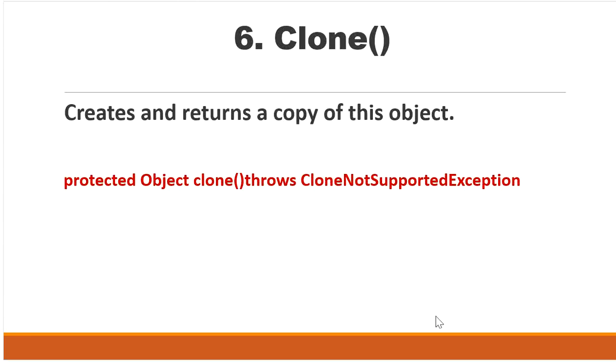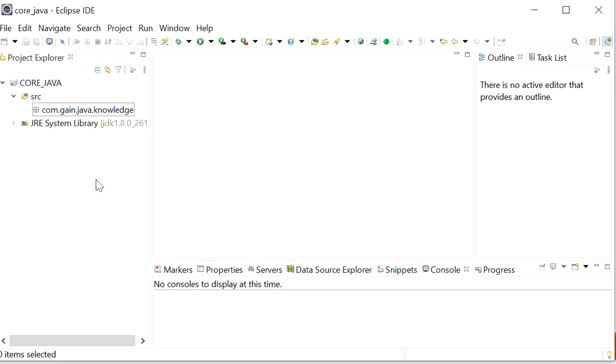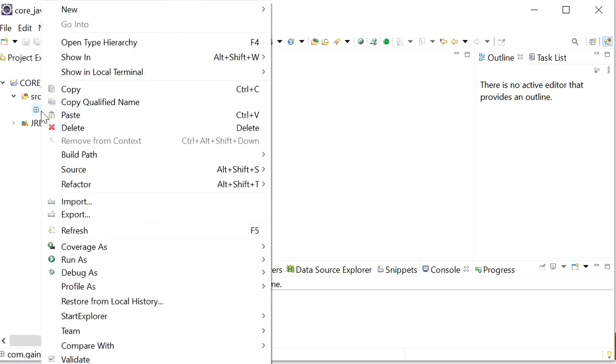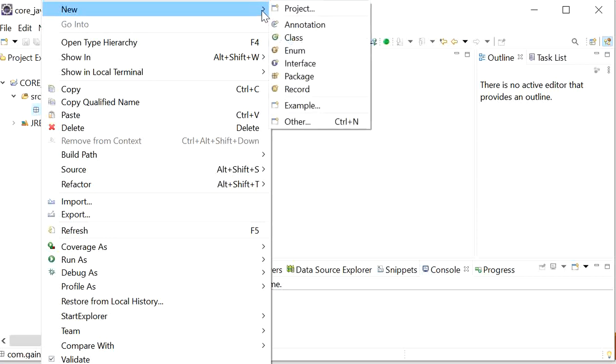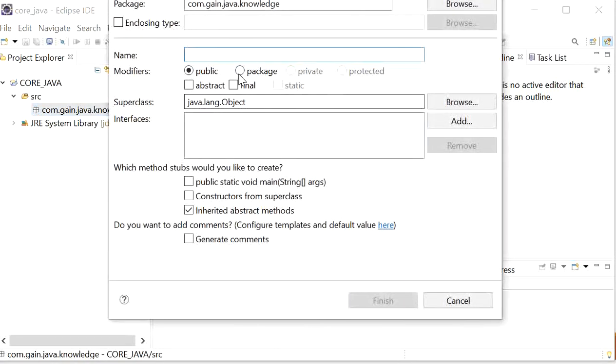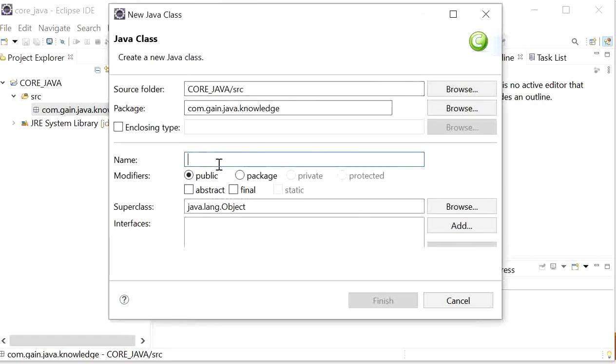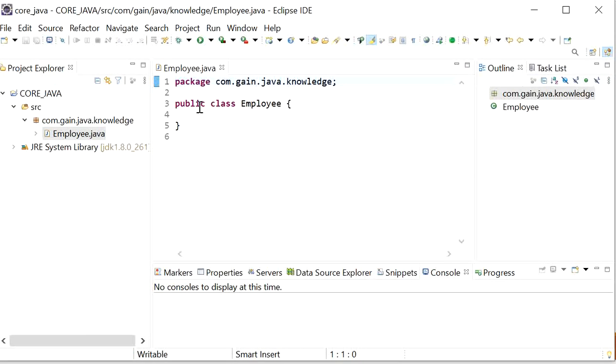Okay, let's start to write the code and make a copy of an object by using the clone function. Here I will create a new class, the Employee class, and this Employee class contains a few properties: private int id and private String name.